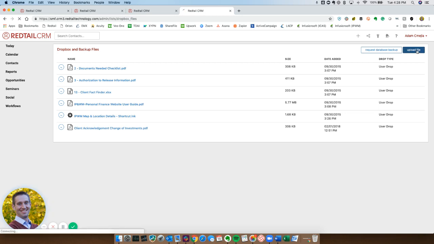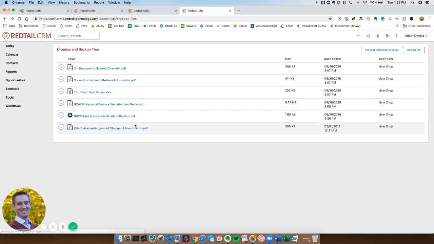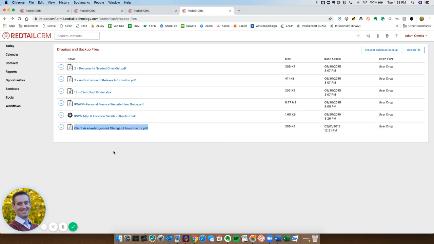So the way in which you do that, you click Upload File, and then from here, find whatever document that you want to drag and drop from your desktop or from your file management software. Drag those in there, click Upload, and once you do that, you're going to have those documents in the file here, or basically your Redtail file cabinet. Now, the drop down arrow gives you the opportunity to delete it, but we don't want to obviously delete it. What we want to do is we actually want to grab this link. So we're going to right click. We're going to copy link address, because again, we want to grab the URL link,